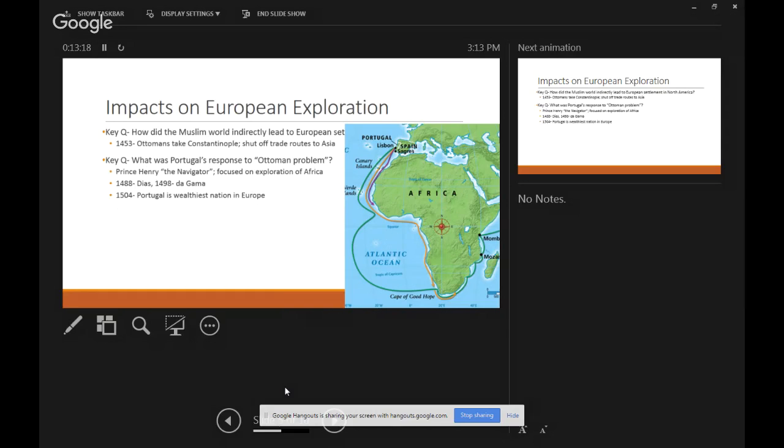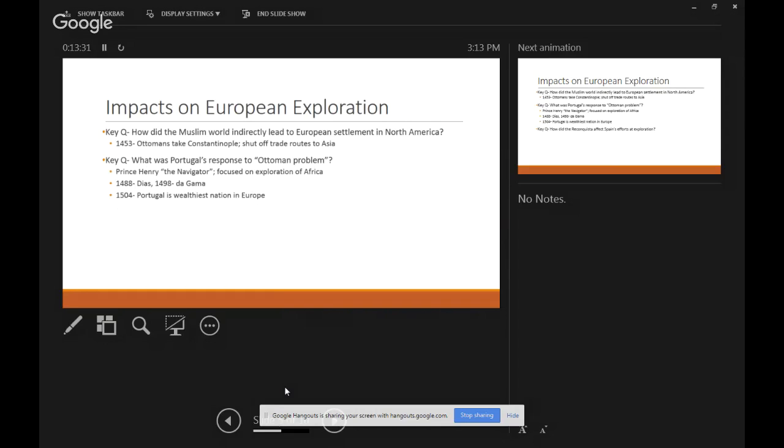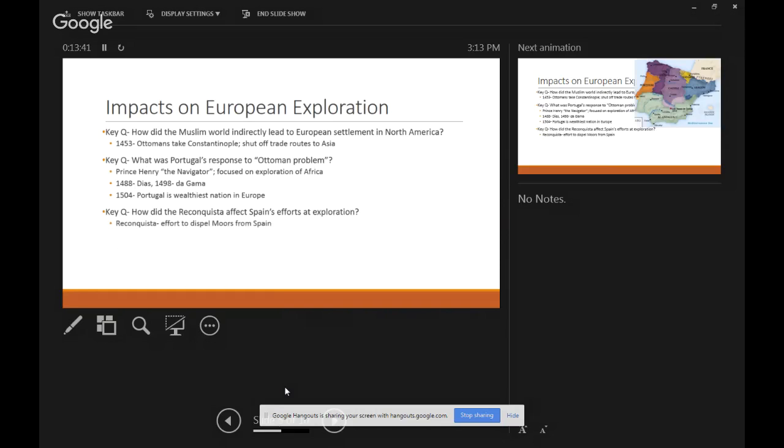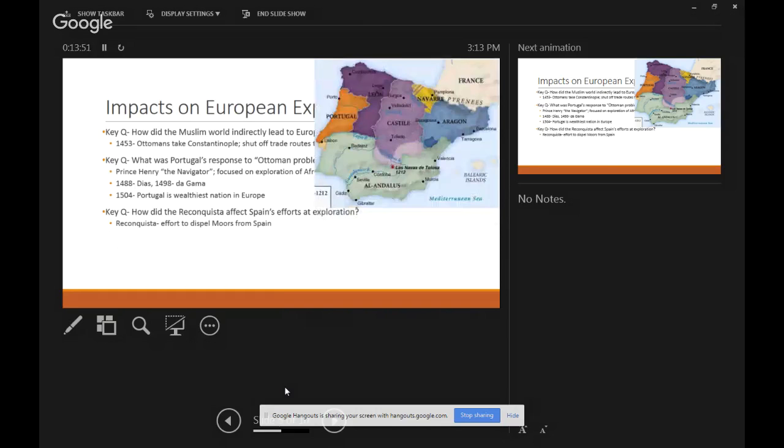Now everybody else has got to play catch up. And the next country that's going to give it a shot is Spain. You know, they don't have things quite as easy as Portugal. First thing Spain has to do is get free. That's going to take some work because at this point, Spain is controlled by somebody else. They're controlled by a group of people known as the Moors. For those of you that took world history, this name rings a bell. The Moors were a name used to describe Muslims in the area.